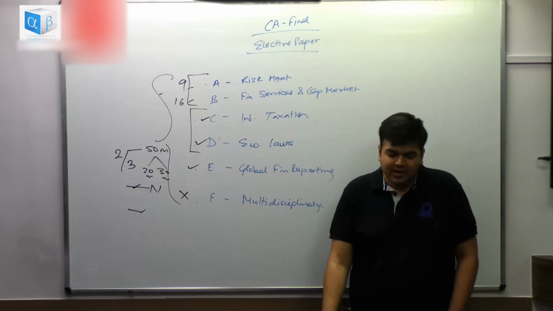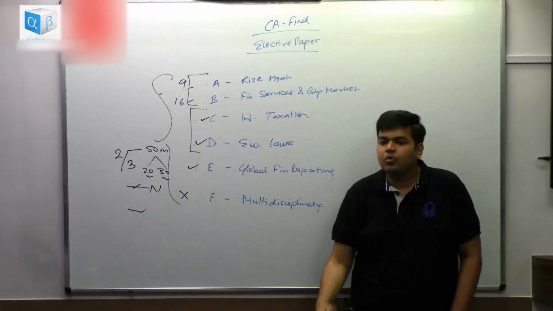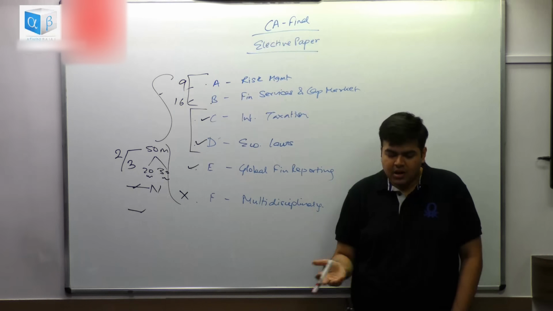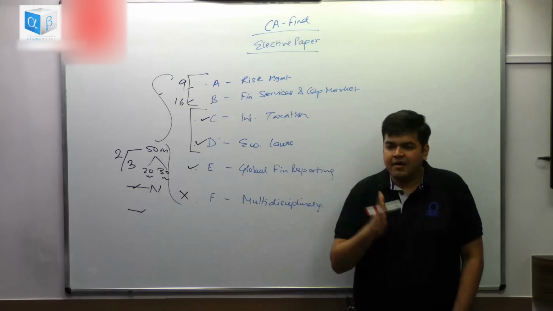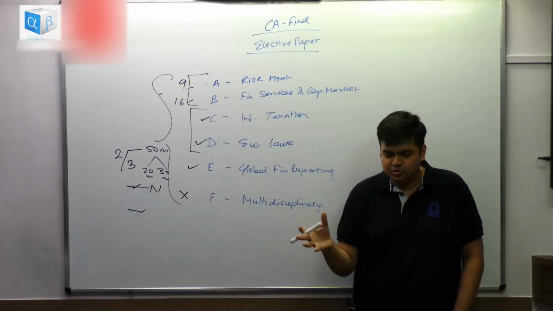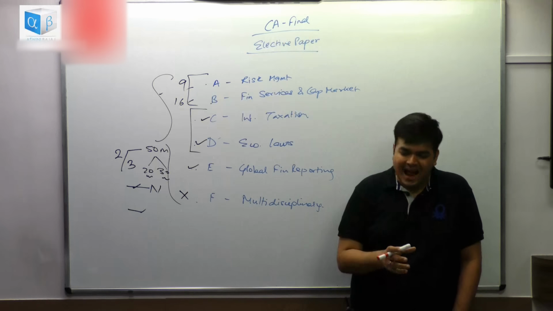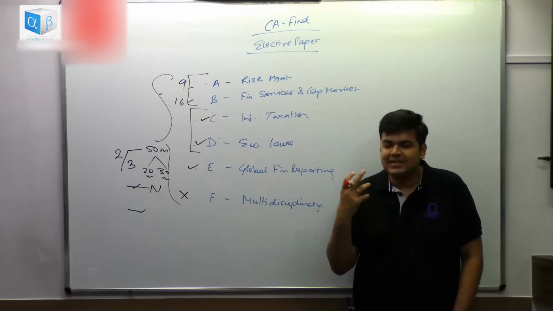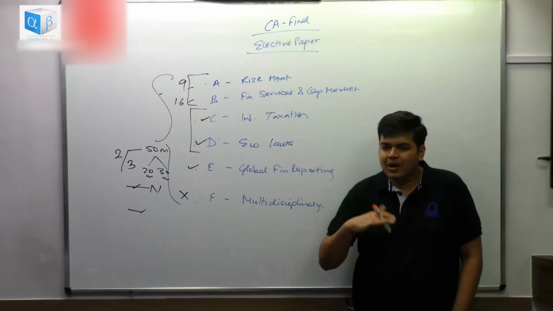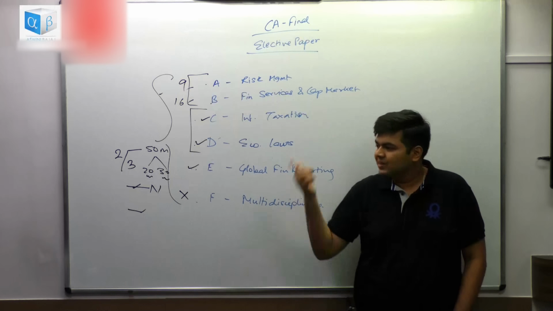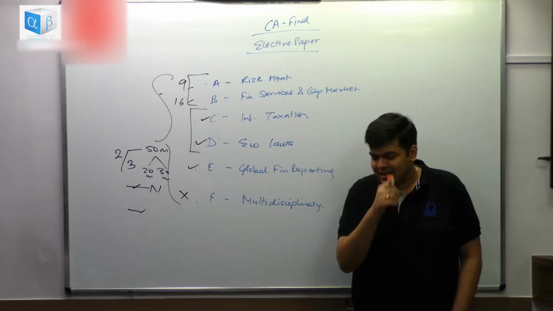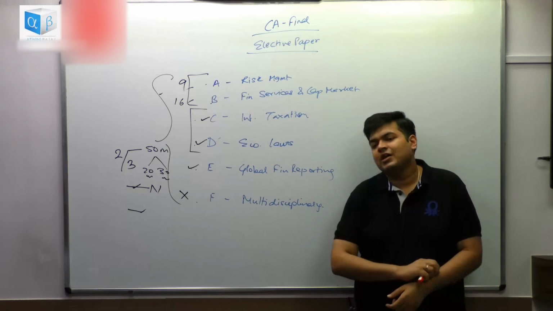Global financial reporting relatively seems to be easy. You don't have to put in so much hard work because you already know most of the content. If you want IFRS, US GAAP, the differences between the two, differences between IFRS and Ind AS, then your accounts, consolidation, reporting, all these things need to be strong. Overlap is going to be quite significant. So in that case, you can look at the paper Global Financial Reporting.